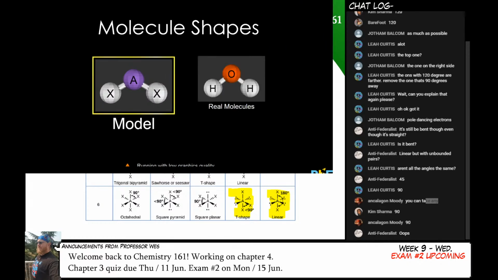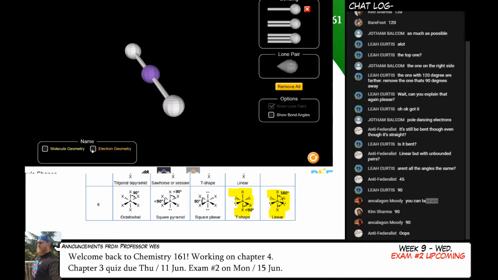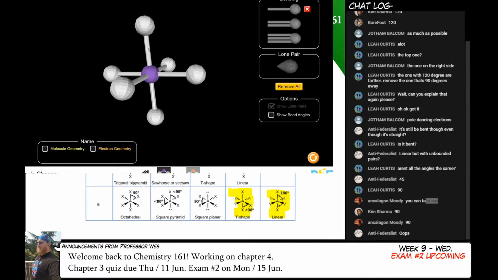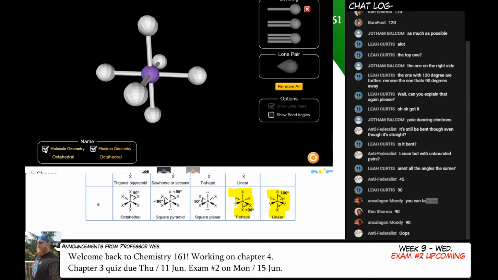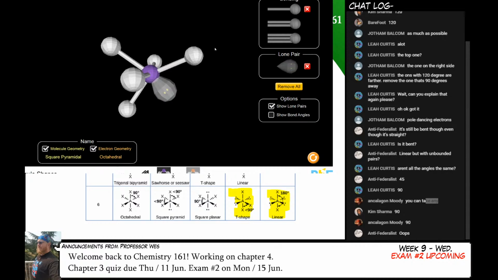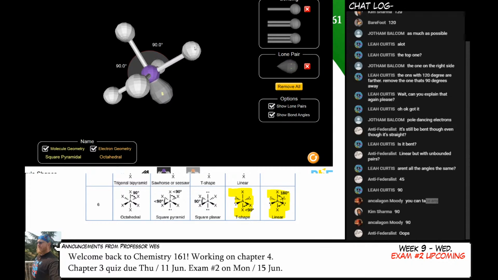That's good enough. If you go to this, you can actually play with the geometry of any of these things that we made. So let's suppose that I have 6 things around the central atom, and you want to know its electron pair geometry. That's listed right here. And then over here, the molecular geometry will also be shown. And that changes if you add in extra things. You can even turn on the bond angles too if you'd like.